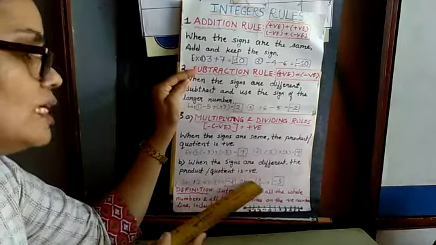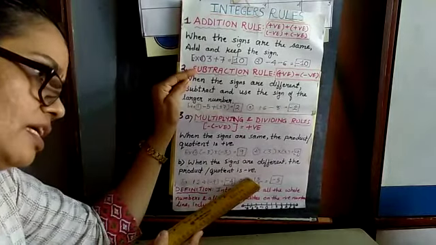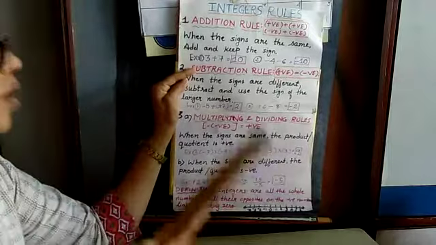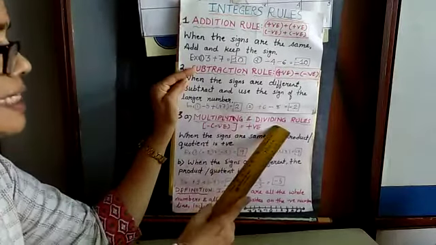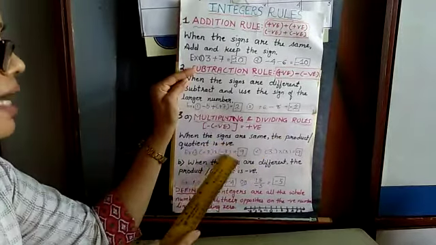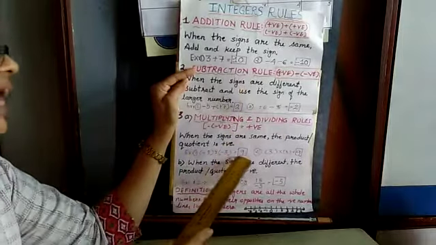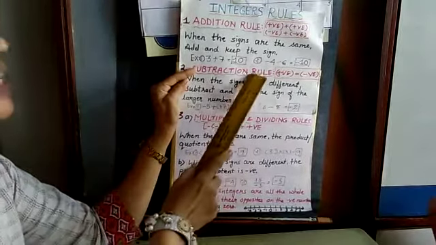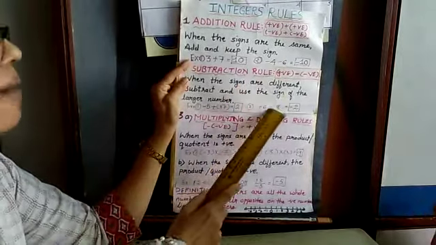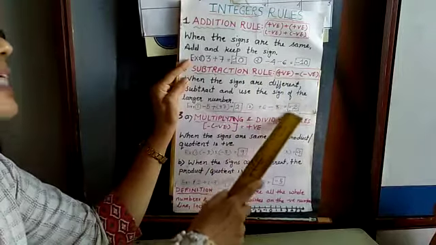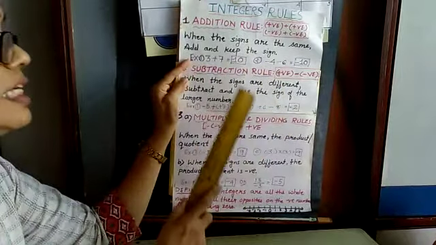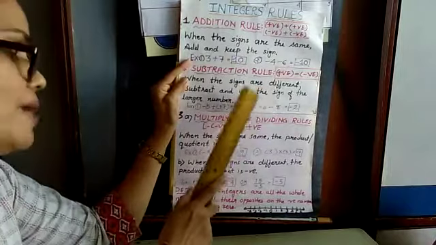So now you understood the rules. Any doubts? No. Don't forget that in multiplication and division rules, minus minus becomes a positive sign. But in the division rule, plus minus becomes minus, and in subtraction take the sign of the larger number. Children make mistakes in this, so be careful.